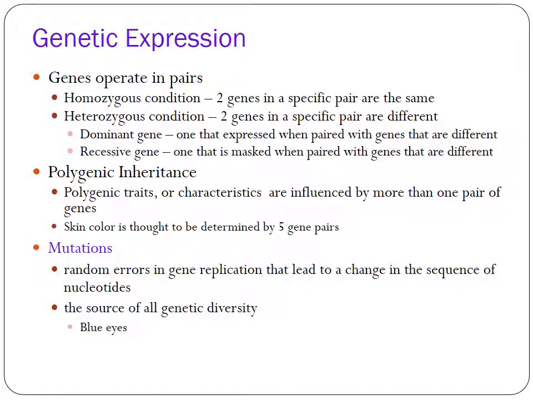Most of our traits are polygenetic, meaning that they are influenced by more than just one pair of genes. Going back to blue eyes, they are a mutation. So this was, way back, a random error in gene replication. It caused a different eye color because it was going to be found as either unique or desirable for some reason. You see that blue eyes became something that was replicated. So anytime you see differences in people, hair color, eye color, height, etc., usually that means that there had to have been a mutation along the way.